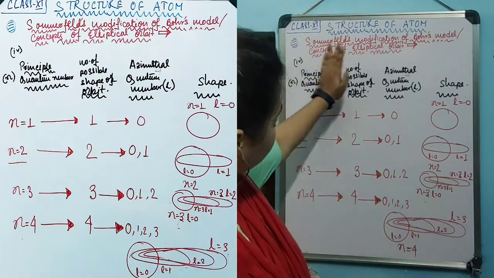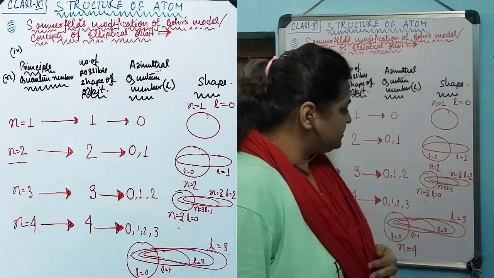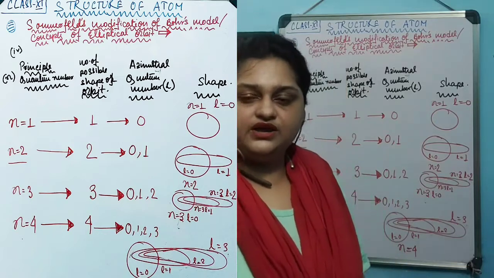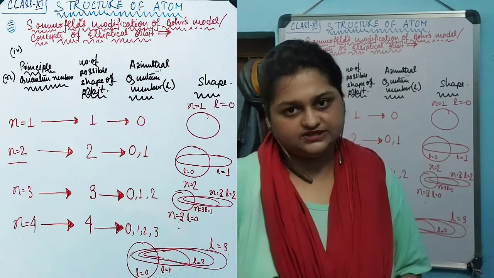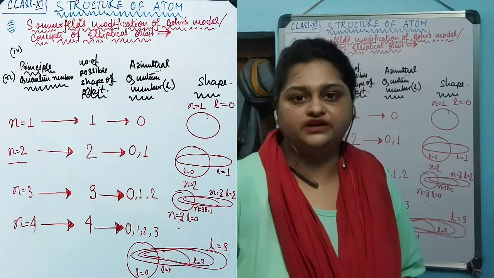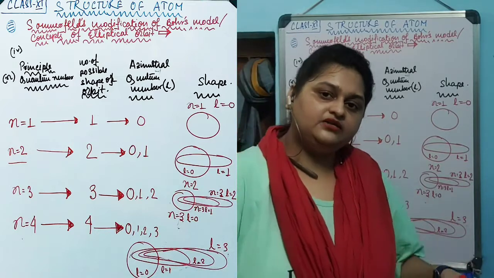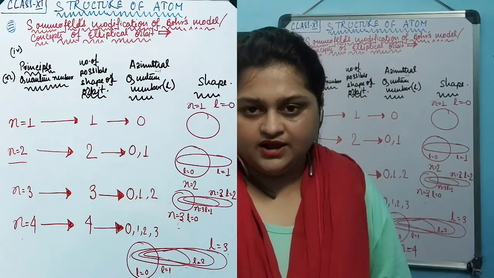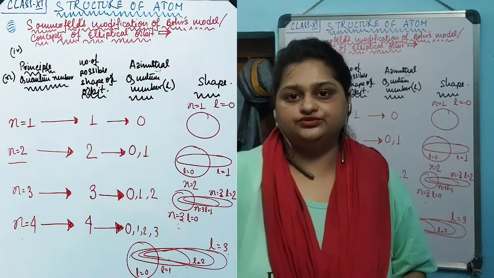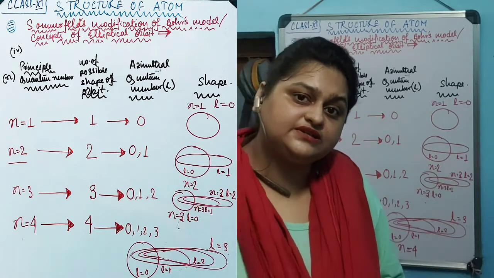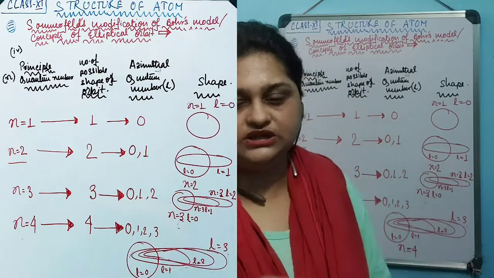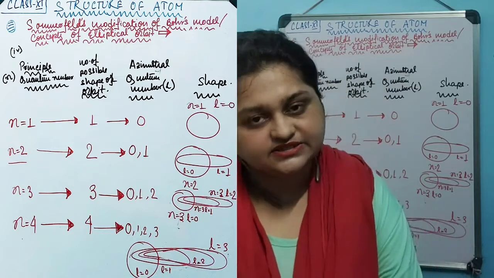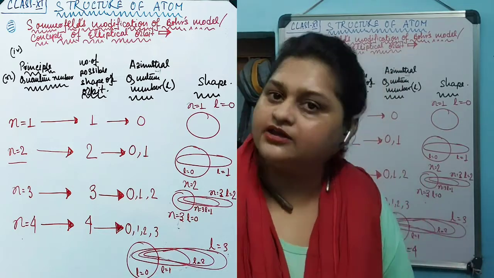So Sommerfeld mainly suggested that when electrons are revolving around the positively charged nucleus, the electrons do not revolve in a circular path only. They can revolve in elliptical paths as well as circular paths. Now the angle of revolution changes when the electrons are revolving in a circular path, but the distance from the nucleus remains the same. But in an elliptical path, the radial distance also changes and the radial angle also changes.